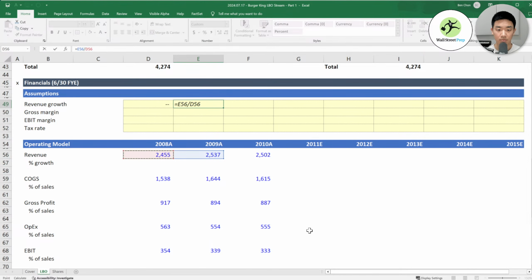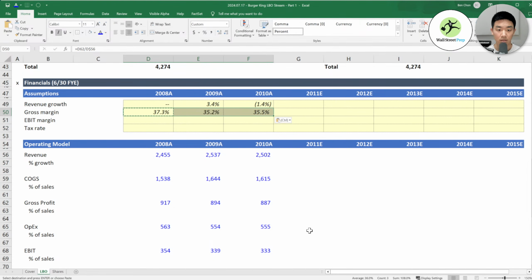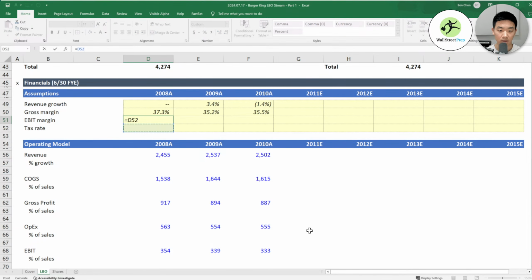This minus 1. Since these are historical, these are just calcs. Gross margin. If you put an anchor to the row for the revenue, then you can use the same formula. Actually, no, you can't, because you need a different line here.